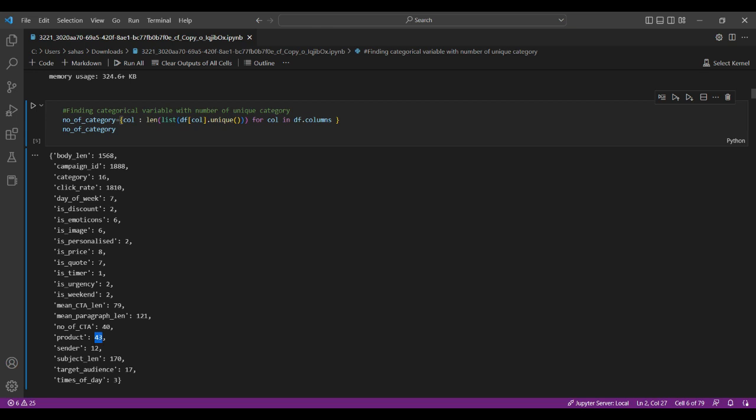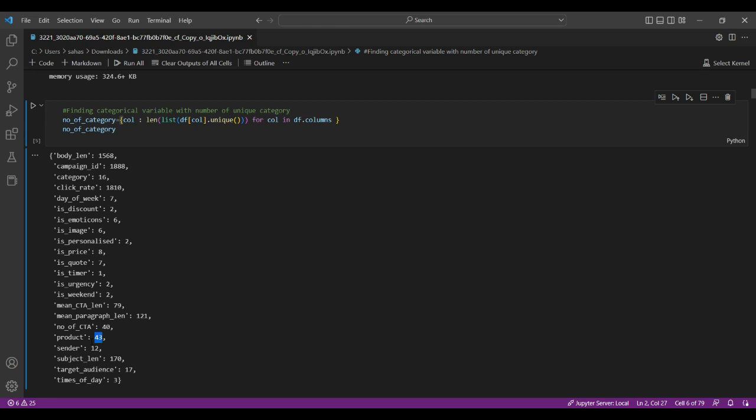So in that case, suppose there are 43 categories. Here we will be doing target encoding. So what is this target encoding basically? It depends on the distribution of the click rate. Suppose I categorize them, basically segregate all the click rates on the basis of each category. So for each category, if the distribution is similar, then we can cluster them